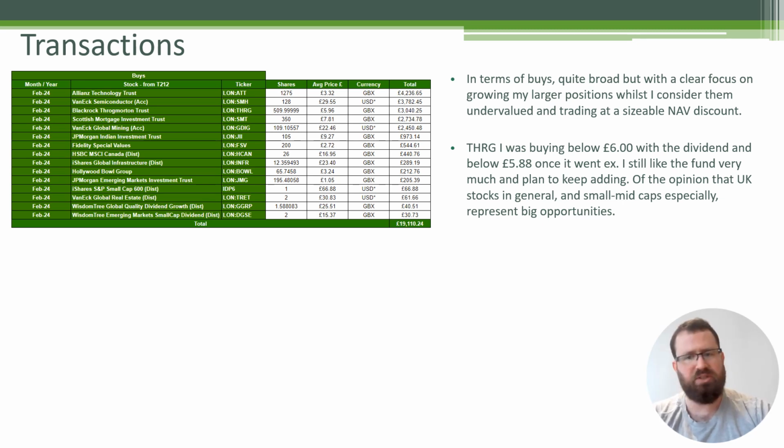And as it's an opportunity to average down, whilst the sector is a bit unloved, I've been taking that up as well. So the rest here is sort of either a combination of value plays or things that looked like reasonable buys. So I'm actually relatively happy to start putting a bit more money into my Indian position as well,